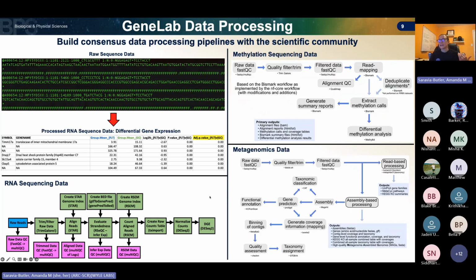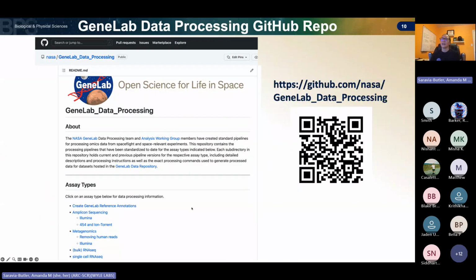Our goal is to have pipelines for all the omics data that we host. We're not quite there yet, but we do have several other pipelines. Our methylation sequencing pipeline and our metagenomics pipeline are shown here on the right. And all of our pipelines are publicly available on our GitHub repository, which you can access through this QR